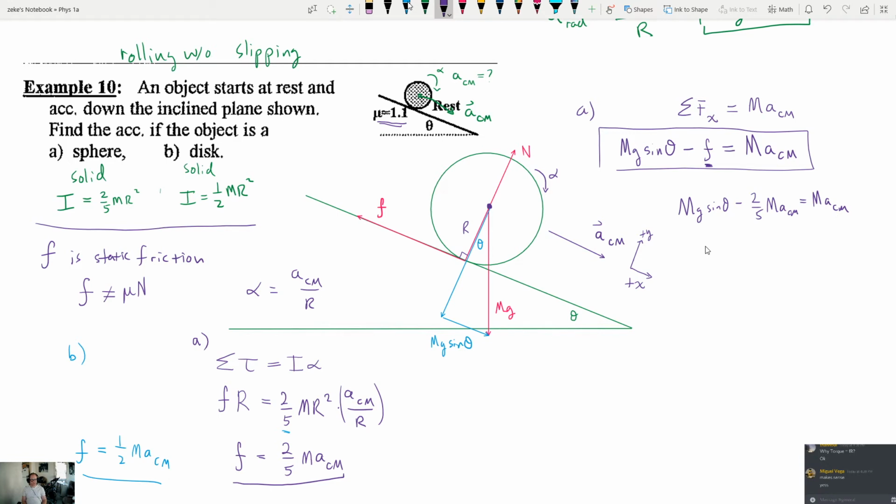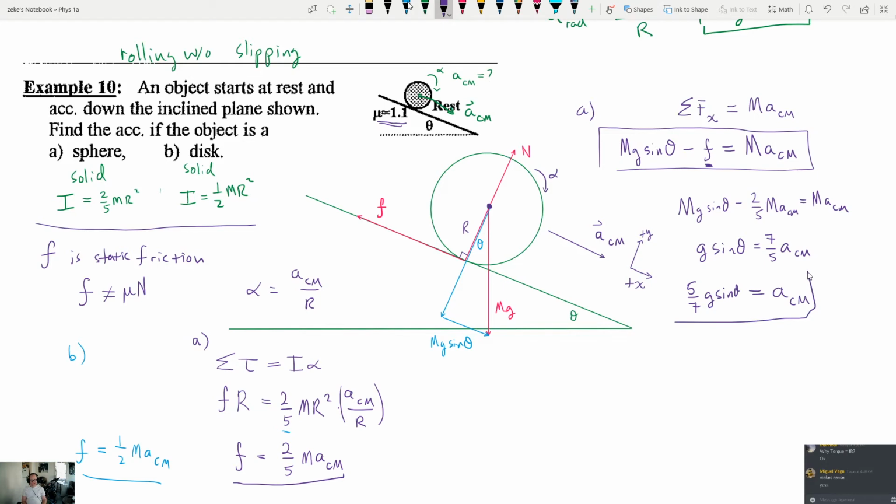What we're left with is g sine theta is equal to 1 plus 2/5, so that should be 7/5, I think, right? Which means that the acceleration of the center of mass ends up being equal to 5/7 g sine theta,